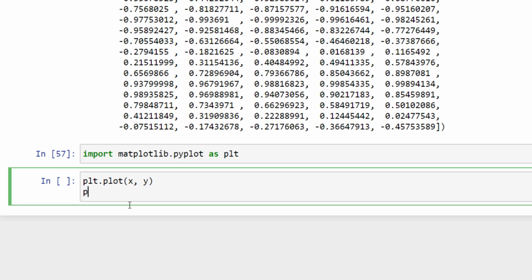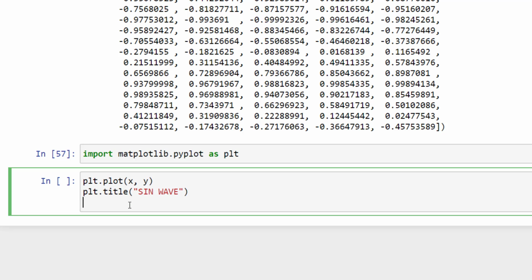Let's give the title as sine wave. For the x label, x is actually my points, and let's take this as time so that it's easy for you guys to understand. So x is basically my time,